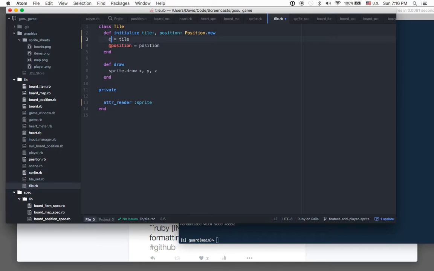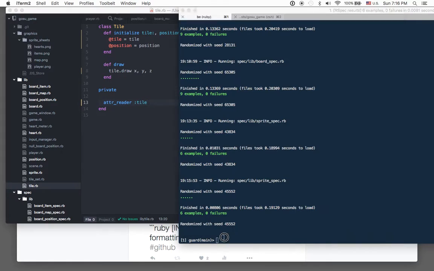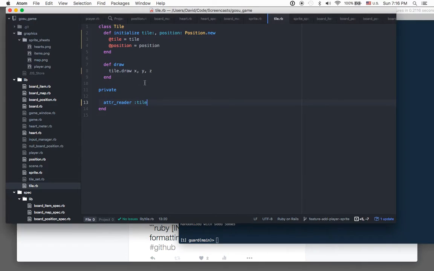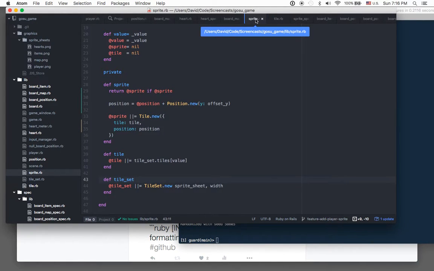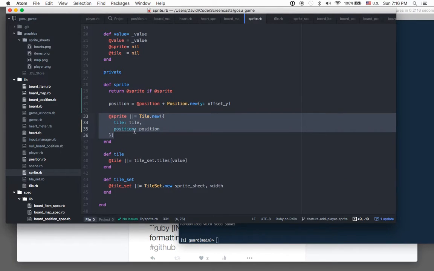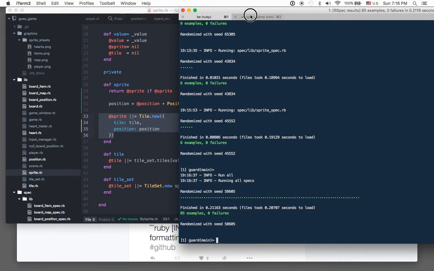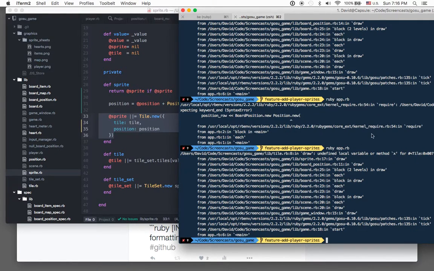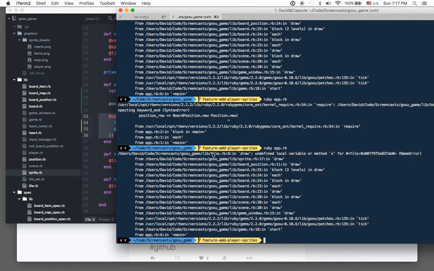It's still not crazy about the naming, but we'll have to figure out something better and don't want to do too much at one time. So probably have failing specs as well because it's kind of surprising actually. Well, I guess maybe this was all internal to here, the renaming of the argument. So yeah, let's try to run our app. It's very possible there's things that are still not working, but let's see. Okay, so